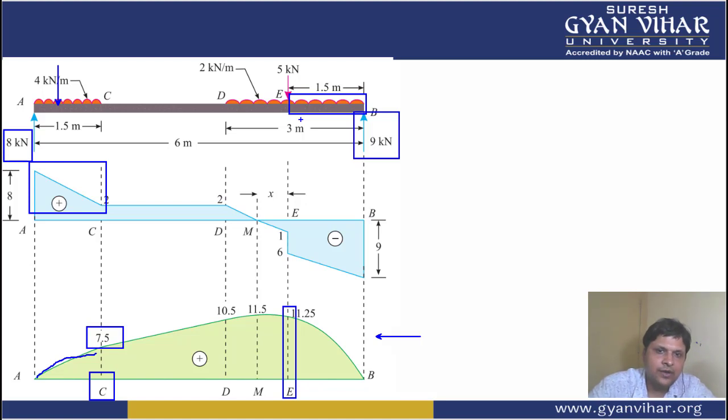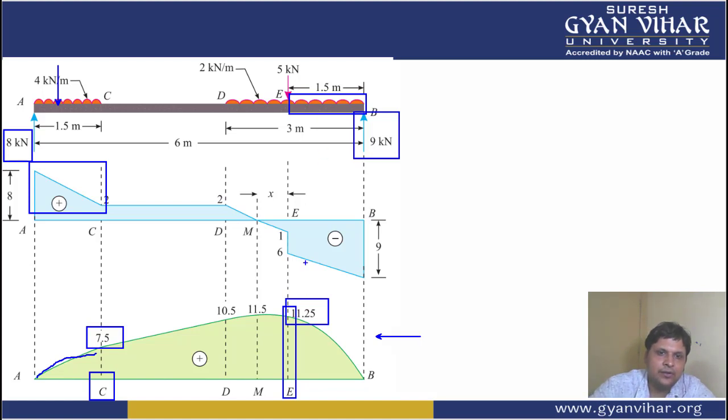So it is 13.5, and since it is going in the anti-clockwise direction from the right hand side, it will be taken as positive. So this is 13.5 minus this point load. How much is the point load? 1.5 into 2 means 3 kilonewton, and it is acting at 0.75 distance. So you will subtract this, and you will get 11.25.